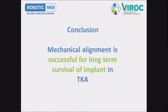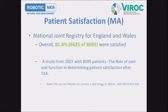That has been established. Now, we go to the satisfaction side. Now, the National Joint Registry, which has studied more than 8,000 cases and their overall satisfaction level, Registry of England and Wales,